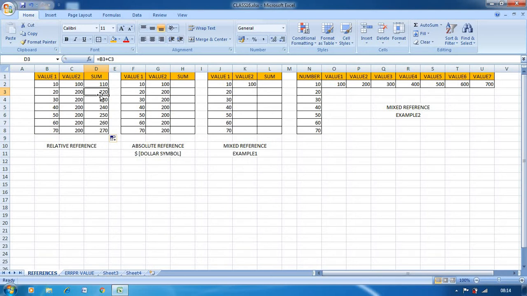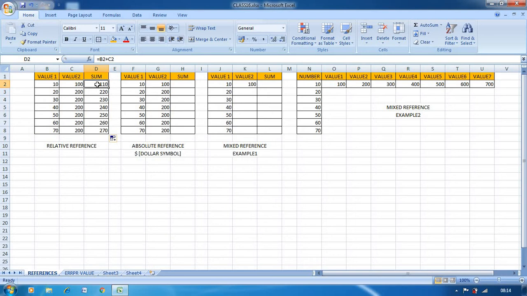See here, if I drag downside, then it becomes B4 plus C4. Now B5 plus C5, B6 plus C6, B7 plus C7 and B8 plus C8. So if I drag downside, on that time what happens?